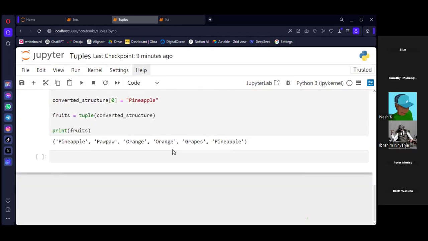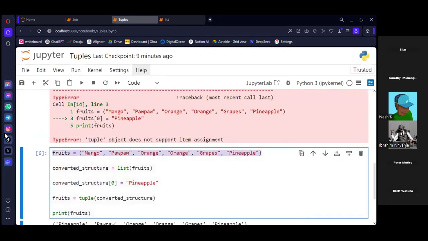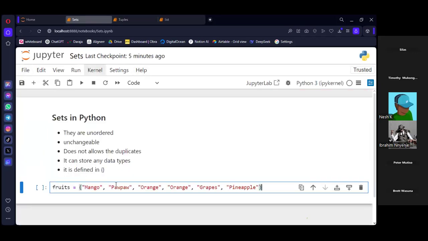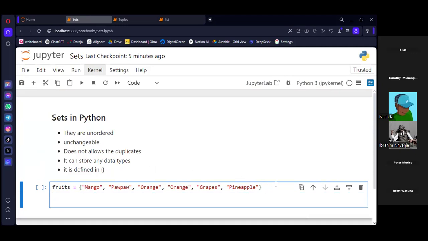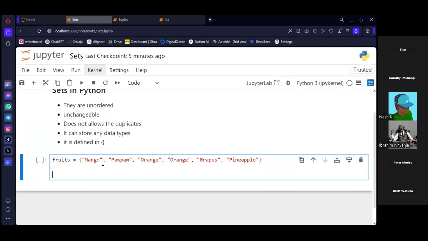Now let me have a variable here for a collection. We say that it's defined with the curly brackets. And one of the characteristics is that it's unordered. Unordered means that, in this case, it has begun with mango.